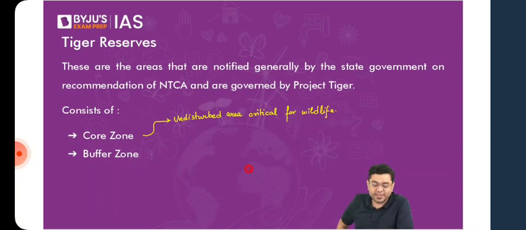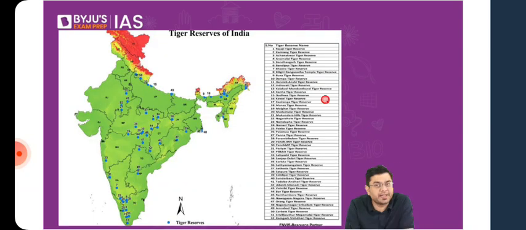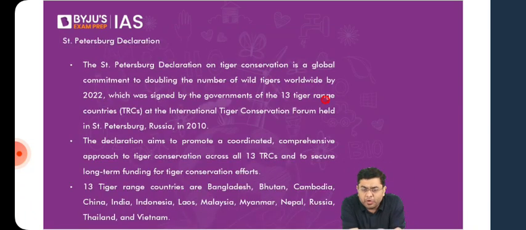Okay, so here these are the list of the tiger reserves in India that you have. Basically now we have 53 tiger reserves in total. So in the case of the tiger reserves, their number is not very much. So I would always suggest to you that take a look at the various different states and the tiger reserves which are present in those states. That should suffice. Okay, you should be aware of these areas.